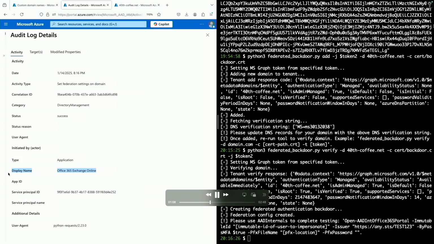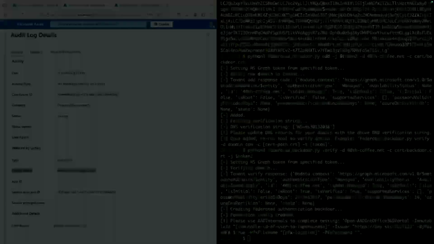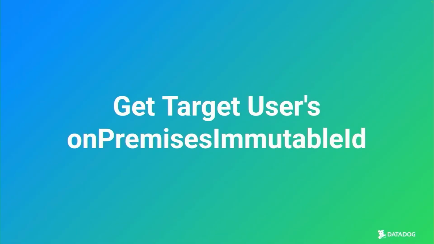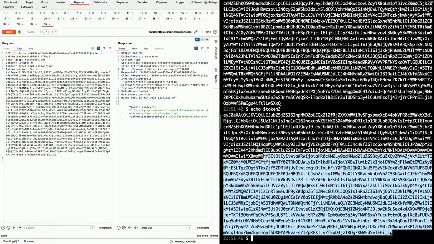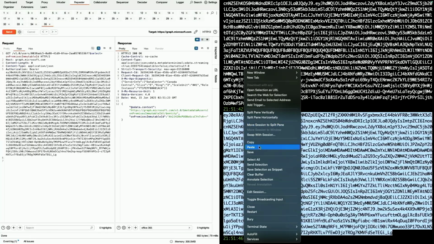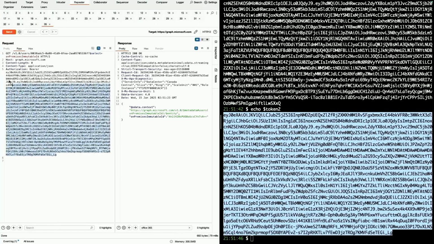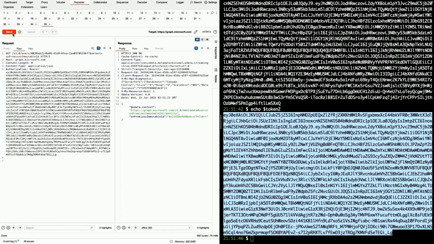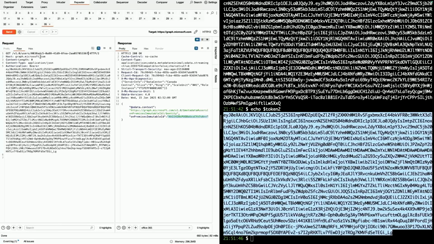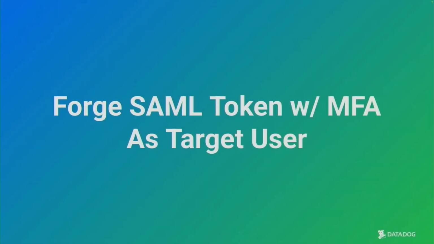I'm not going to try to skip that, but after this, we'll see the actual targeting of a user. So every user that's synchronized from Active Directory to Entra ID, I should say, has an immutable ID property. It's usually the base64 encoded GUID of their on-prem ID. And this links the two together. The words here are really small, but what you would see if you squint is that we're using that token as the application to fetch the on-premises immutable ID property of a user we want to target, in this case, a global admin. Once we have that property, that's the identifier we need to put in our SAML token.